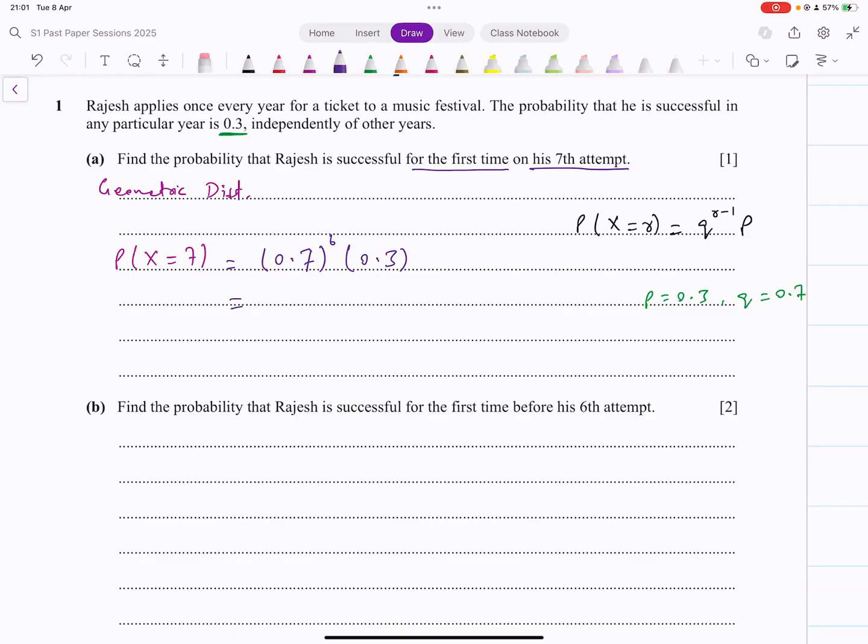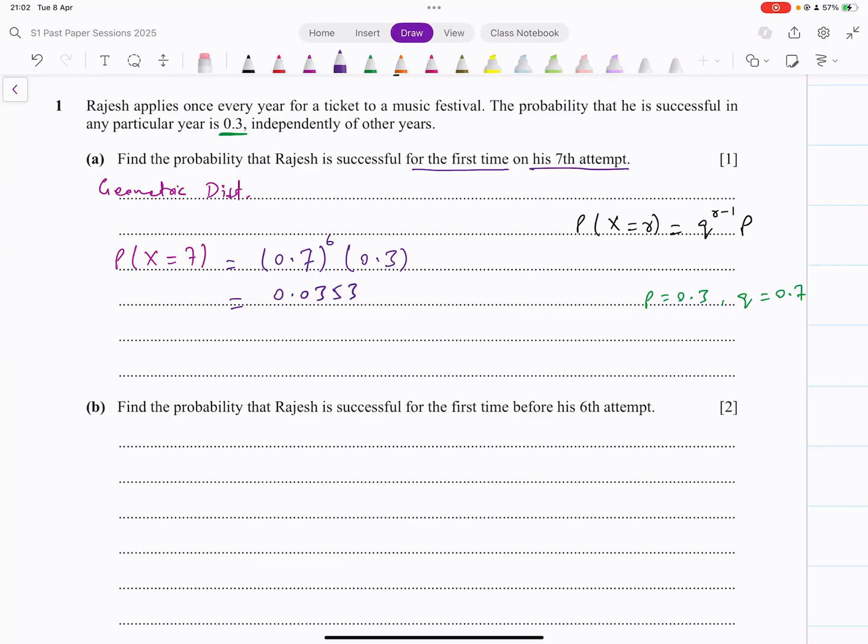So you have 6 unsuccessful attempts, right? And then the 7th time he is successful. And that gives you the result. Okay, I would really appreciate if you can help me with the calculation so we can do it relatively quickly. So what do we get from this? 0.7 raised to power 6 times 0.3. What's the answer? 0.0353 to 3 significant figures. Thank you. 0.0353. Now that was a standard geometric distribution.